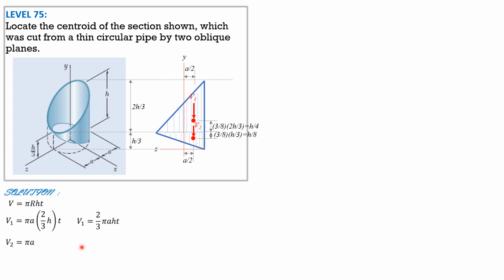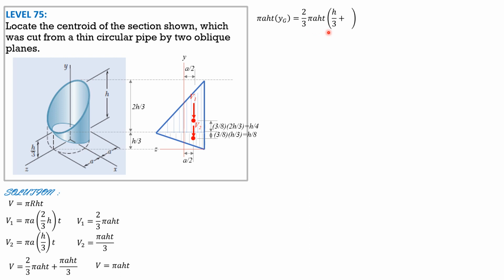Then V sub 2 is pi a, h over 3 times t. So it is pi AHT over 3. Therefore, the combined volume is 2/3 pi AHT plus 1/3 pi AHT, so it is just pi AHT. Then by Varignon's theorem, volume times yg, pi AHT times yg equals volume 1, 2/3 pi AHT times the distance, which is, as I said, h over